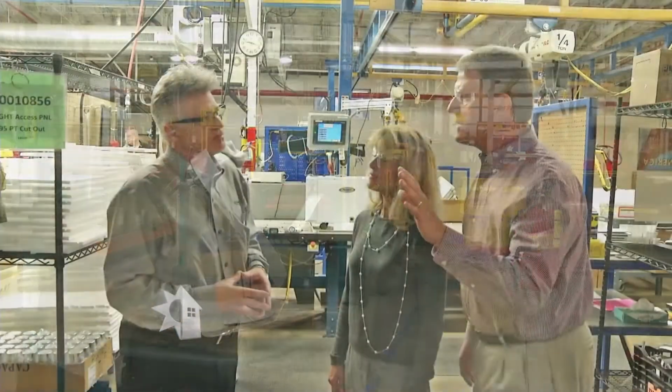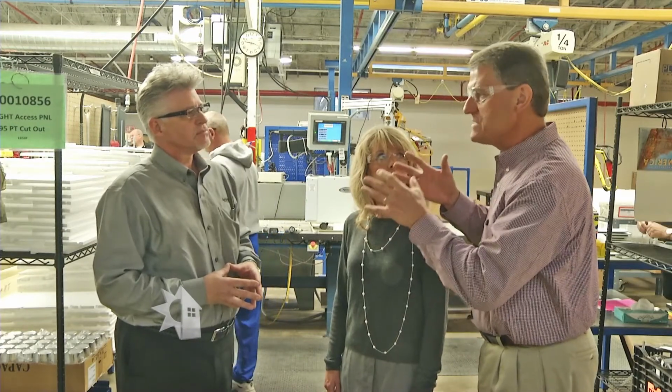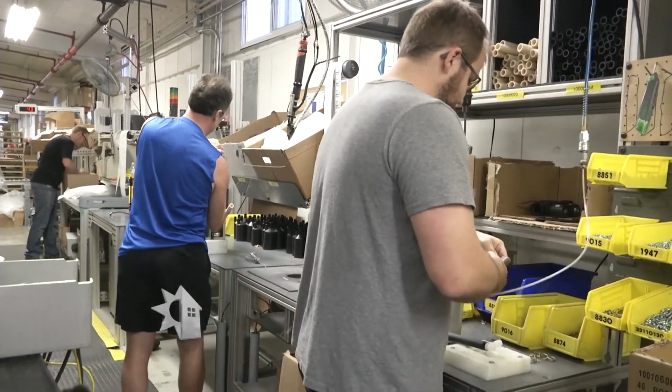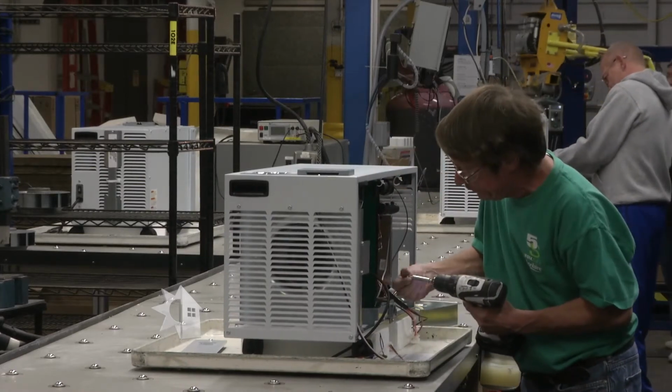Now, Mark, our viewers may hear energy recovery ventilator and say, gee, I don't have that. But again, it's not one size fits all for everybody, right? No, Pete, that's a good question, and the answer is absolutely not. At April Air, we make 8 or 9 different types of ventilation systems, and the energy recovery ventilator is